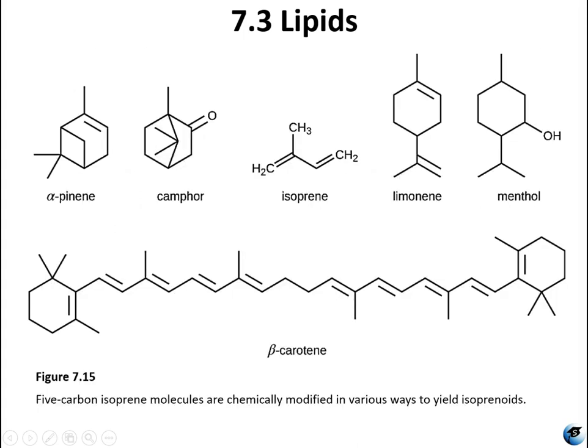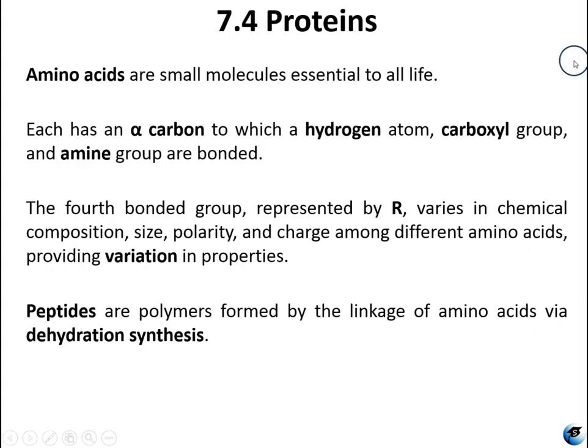Here are some more chemical formulas. These are 5-carbon isoprene molecules that have been modified in different ways to yield isoprenoids. This here, you guys are familiar with beta carotene, the stuff that's in carrots. Let's have a look at amino acids. Amino acids are the building blocks of proteins. Each amino acid has an alpha carbon that is attached to a hydrogen atom, a carboxyl group, and an amine group. There's a 4th group in each amino acid, and you usually see it written as the letter R,